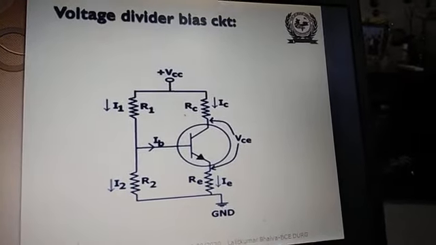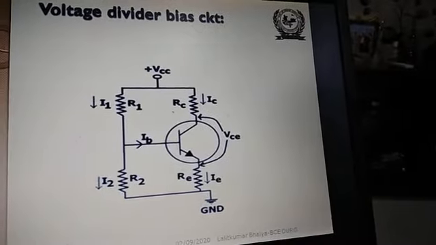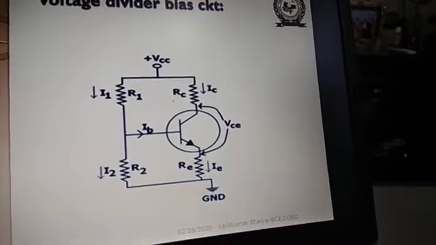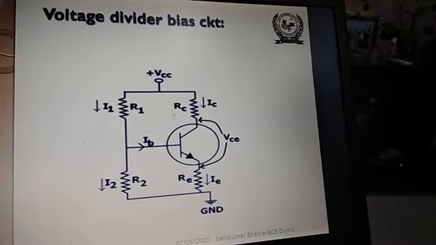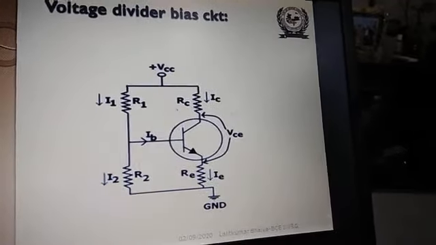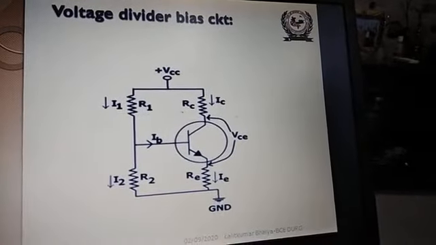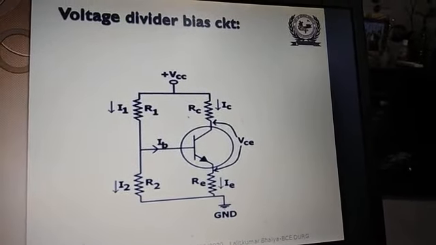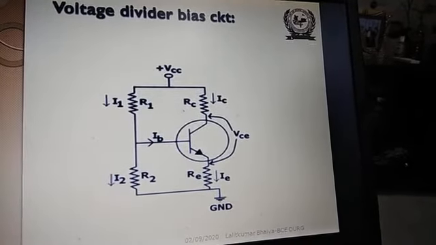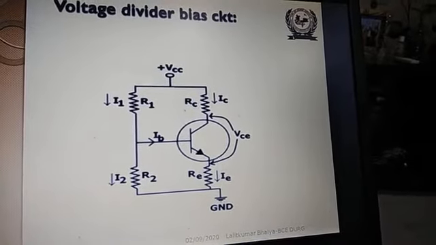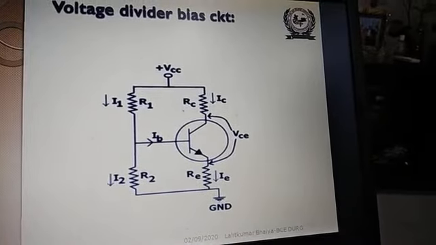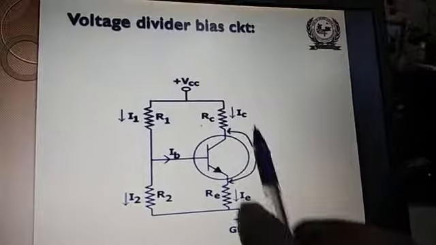And once again I am telling you what is this thermal runaway. Thermal runaway is a process where the transistor may be heated and break down or be damaged. Why? Because of this thermal runaway. Thermal runaway is the process where initially temperature increases due to operation of the transistor circuit or any other reason.